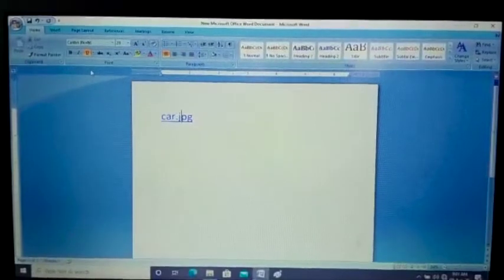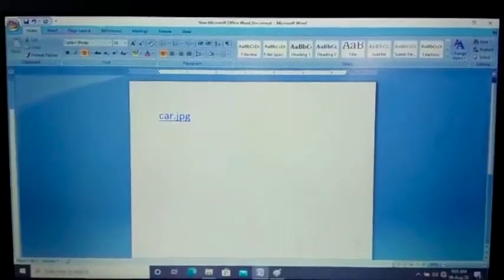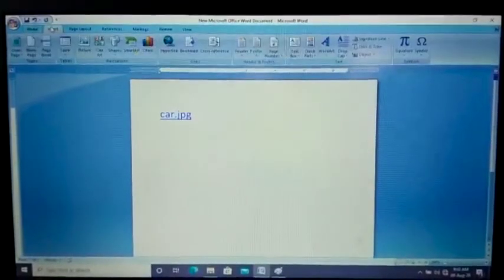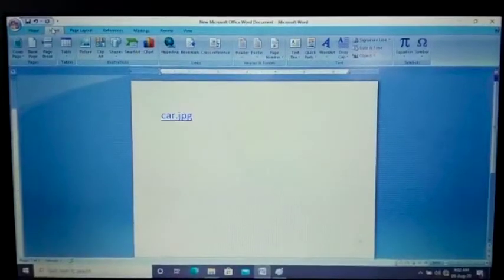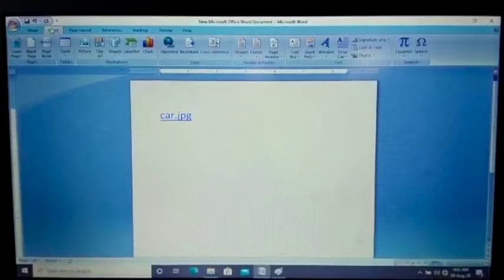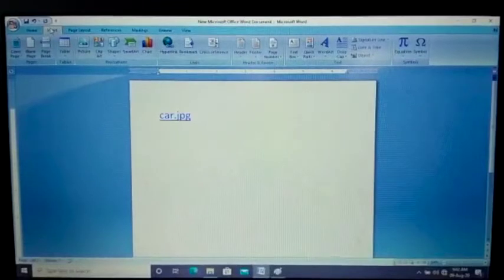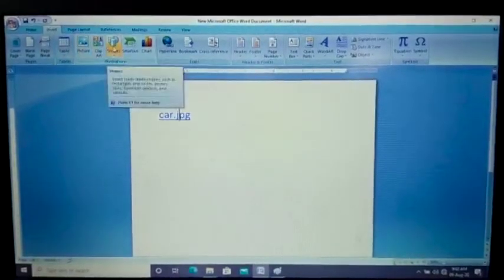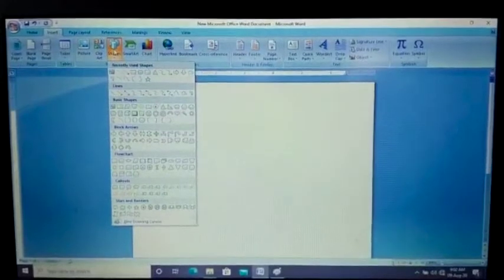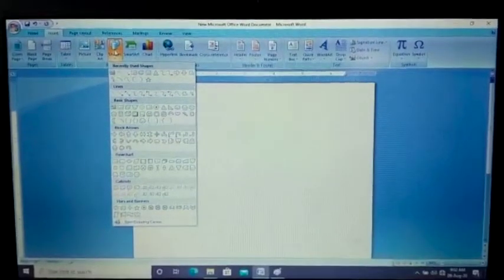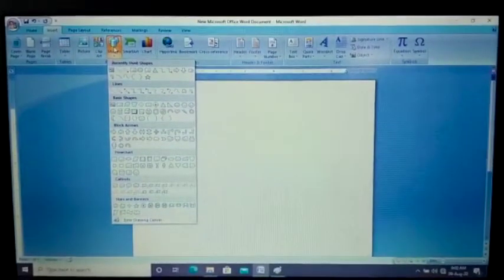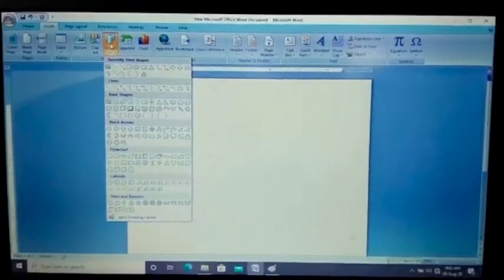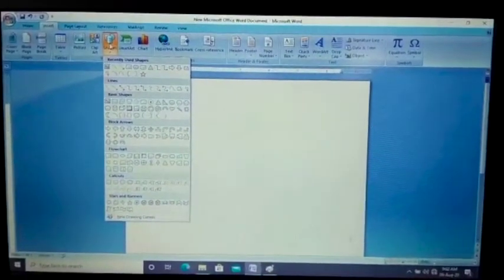Next step, click on the Insert tab. Third step, click on the Shapes command to open the drop-down list of shapes. See these shapes.